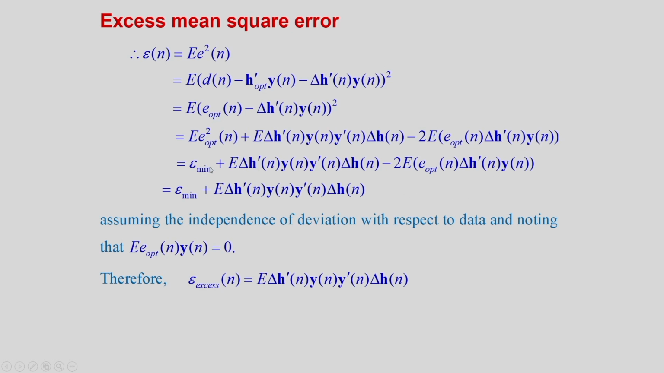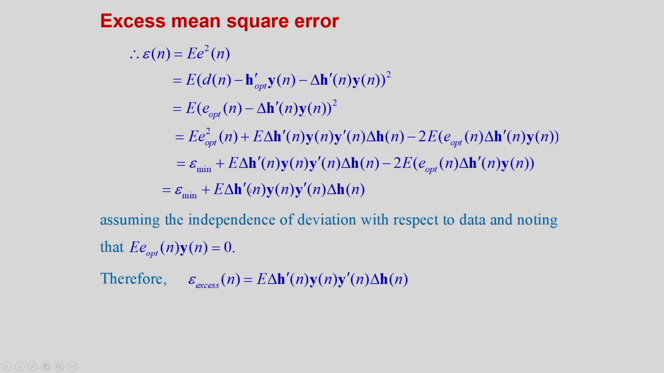So, that way we get it as, that is mean square error of Wiener filter plus E of delta H n into yn transpose into delta Hn minus 2 times E of e n into delta H n transpose into yn. So, that way we can write that MSE is equal to Wiener filter mean square error plus E of